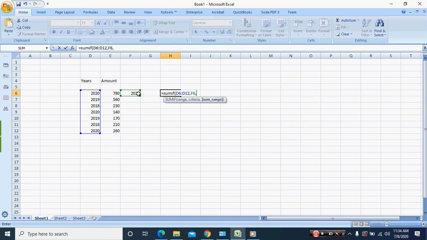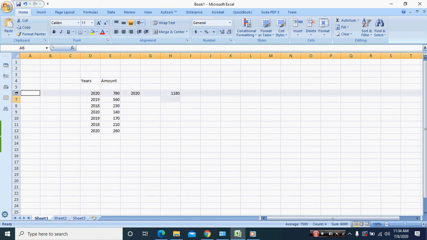And next, we're going to put in the sum range. That is the range that we would like to sum for. So let's put in the sum range. And remember, open and close bracket. Remember our commas and our open bracket. And now we're going to close the bracket. We're going to enter. So basically what this is saying is that for 2020, the total sum is